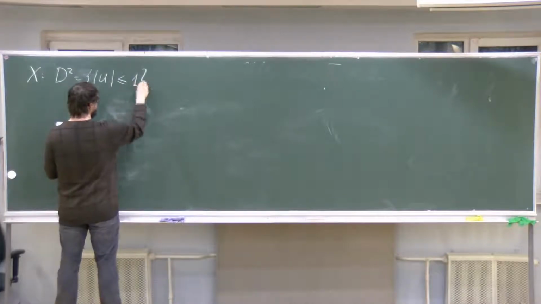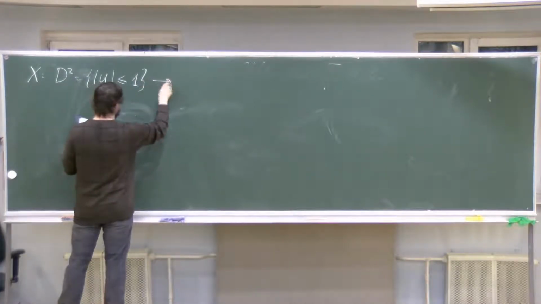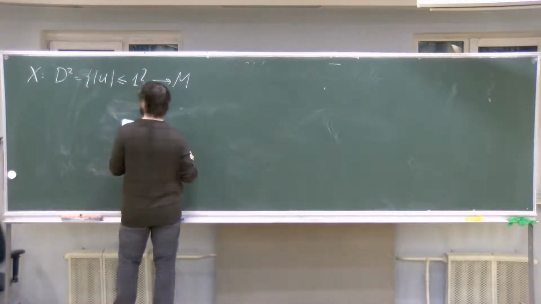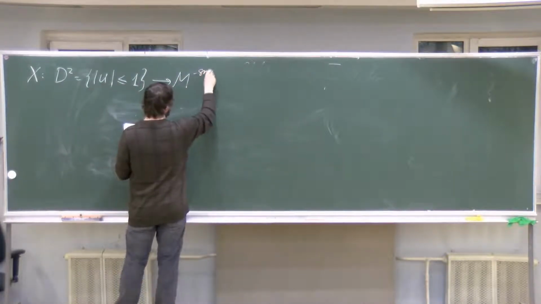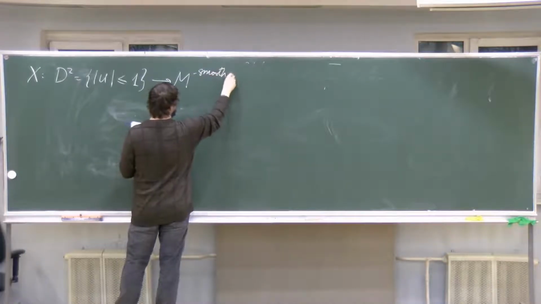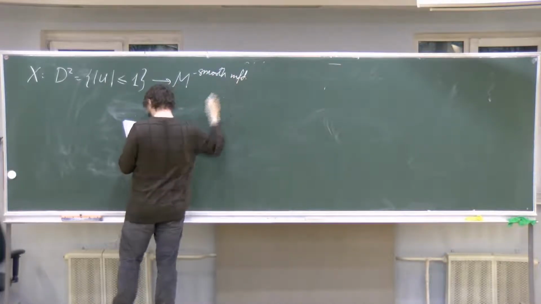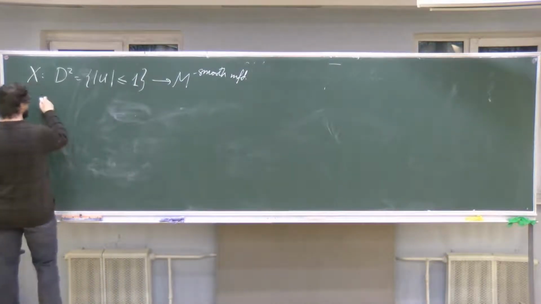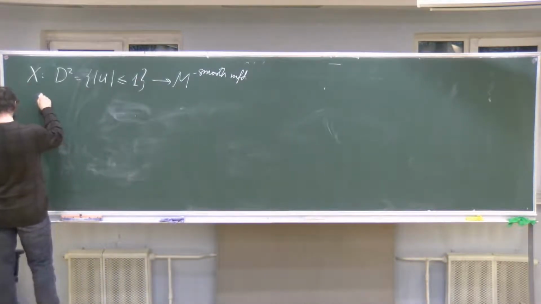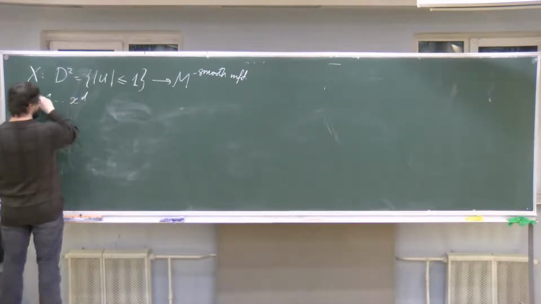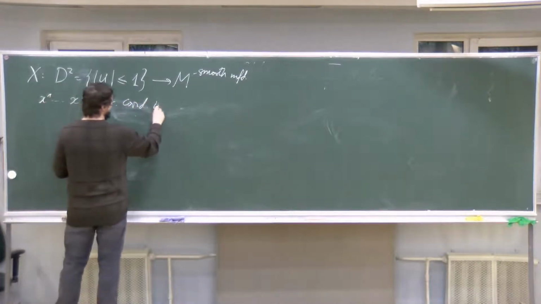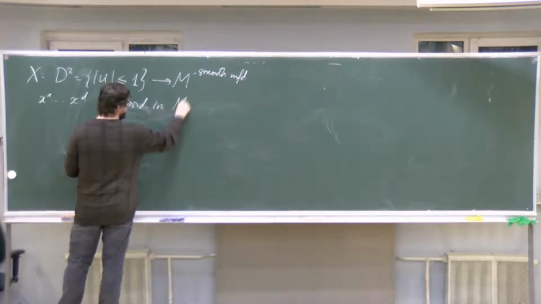Let it map from D2 into some manifold M, a smooth manifold. And if we choose coordinates, say x1, ..., xd, local coordinates in M,